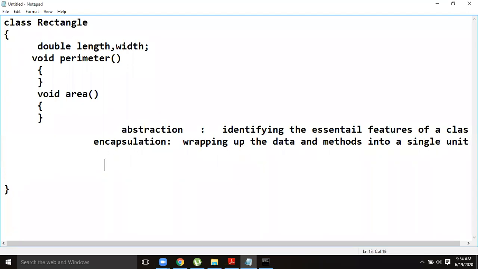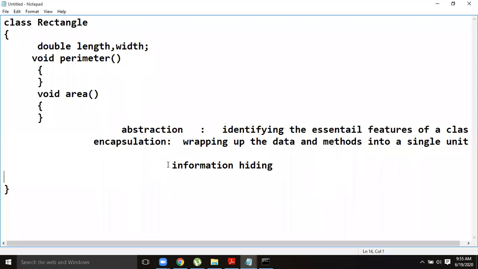So this is an implementation of abstraction. This is also called information hiding. Whatever essential things you want to represent, we can achieve through this encapsulation. So whatever I want to represent, I am representing, and I am hiding the remaining things.